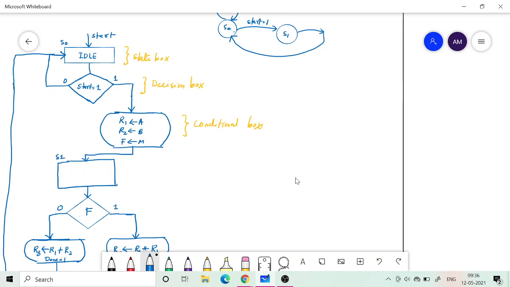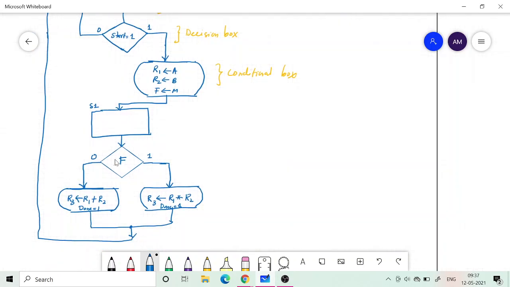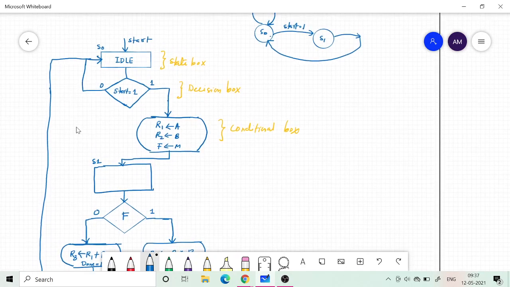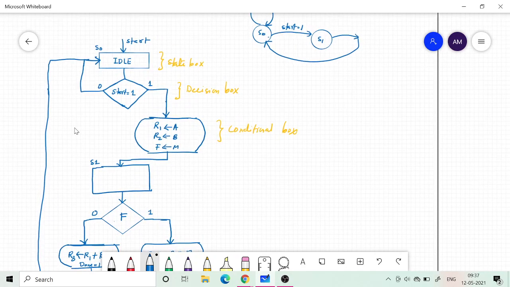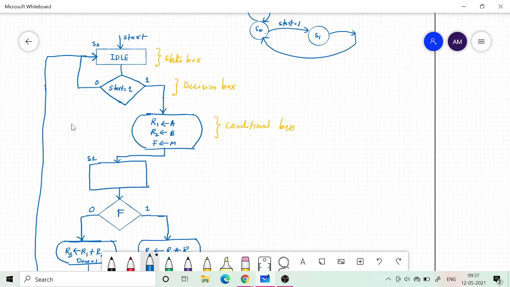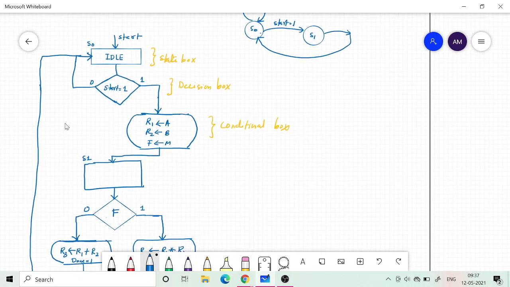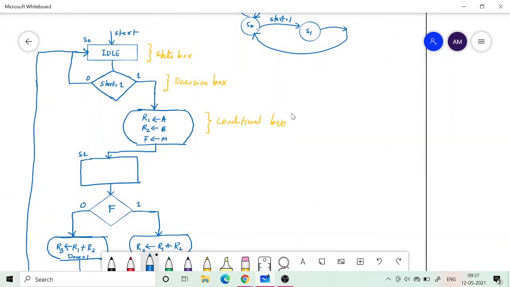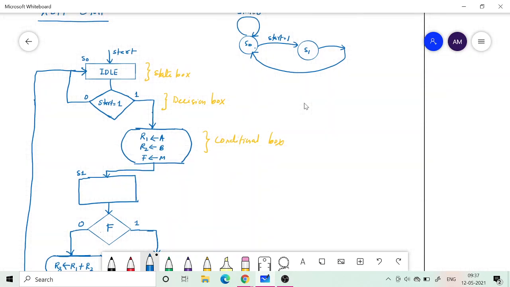That much only I can say. Whatever path we choose, whether we go through this or through this, I have to go back to my S0 state. Whether F is 0 or 1, I have to go to S0. So this much detail only will be available in the state diagram.